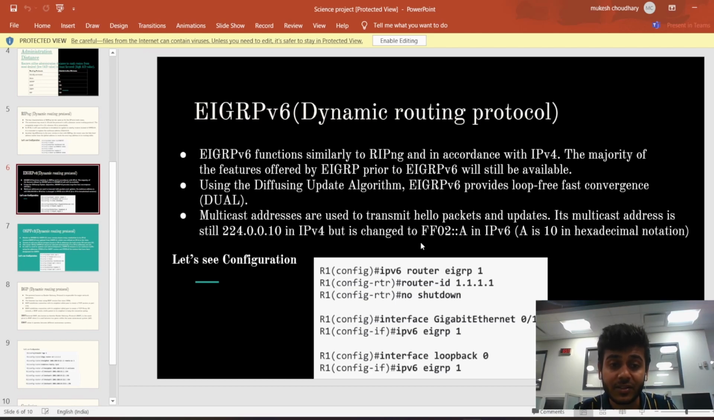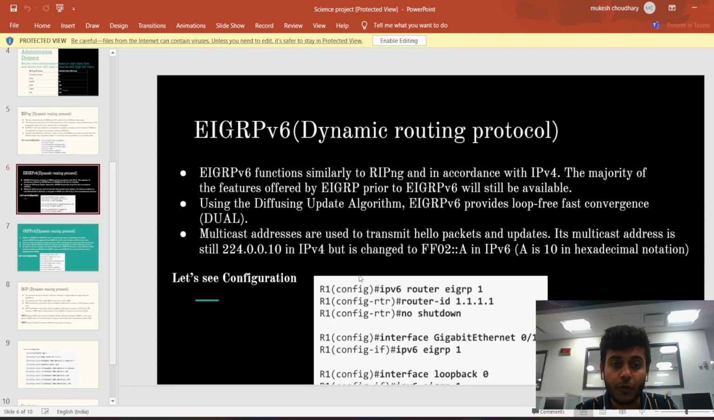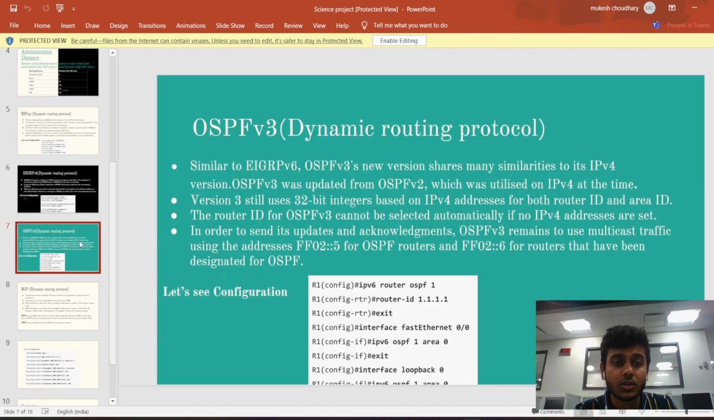Its multicast address is still 224.0.0.10 in IPv4, but it's changed to FF02::A in IPv6, as A is 10 in hexadecimal notation. Here's a small image of the network configuration of EIGRP, and that's how we enable EIGRP in routers. So now I'm going to talk